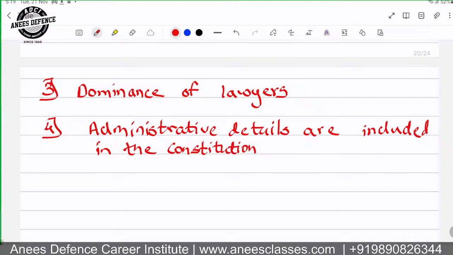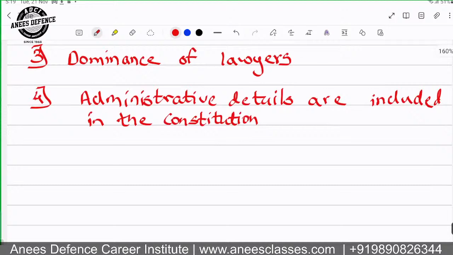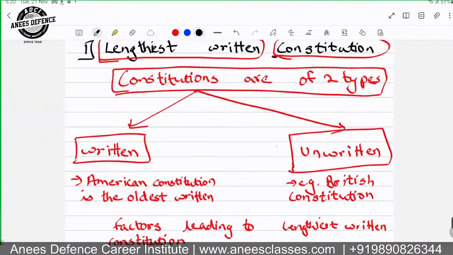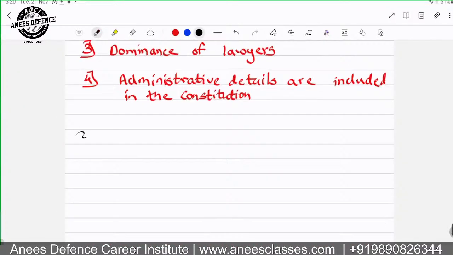For example, in the chapter of fundamental rights, there are fundamental rights and exceptions to it also. Similarly, in the case of governor, we see that the governor is responsible to the CM, and then there are interpretations, exceptions, and many more. These were our sub points. We will start with the main points again. We will write the main points in Roman numerals.